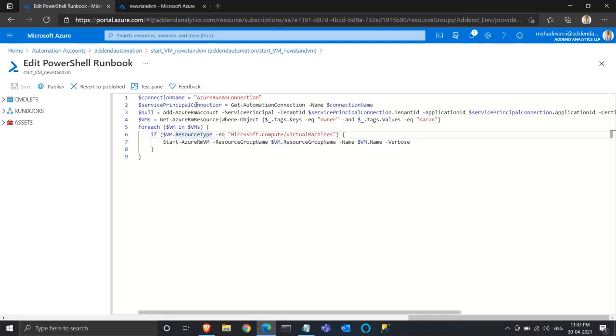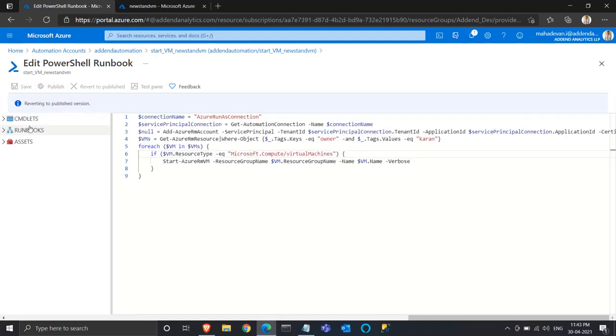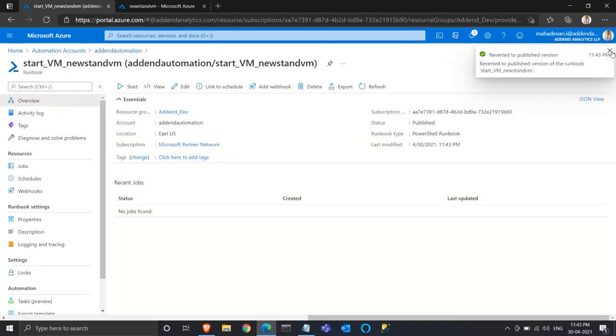As you can see in this script, we are making use of the owner tag that we assigned a while ago. If the value of the tag is current, this script will target those VMs and will start those VMs. So save it and publish it. I'll revert it back as I've already created it.